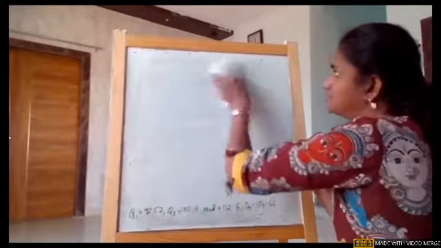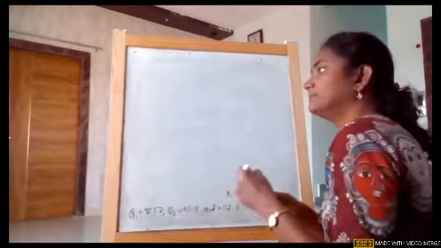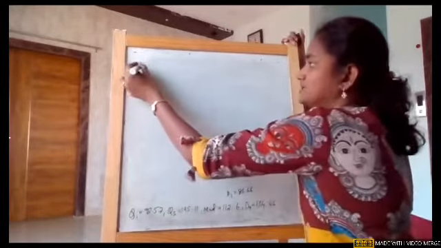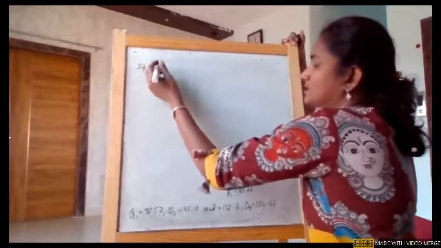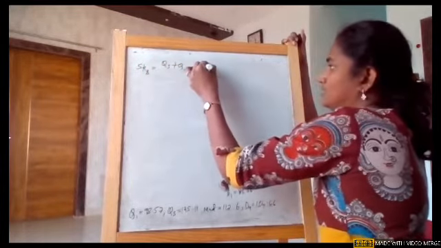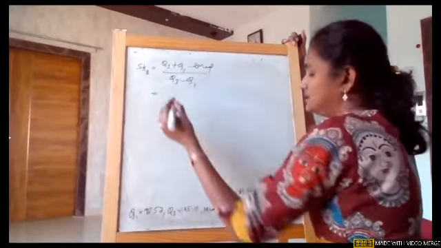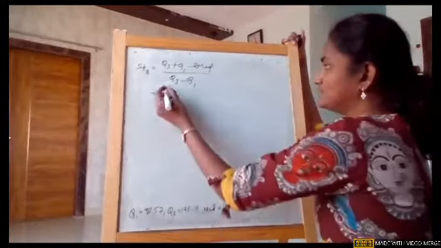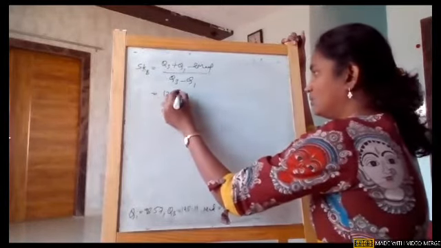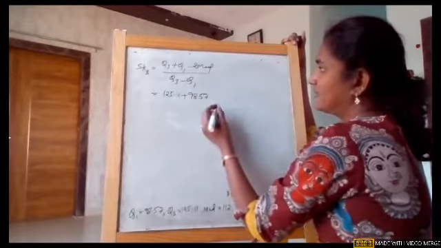Now when we substitute these values in the formula, we will get it. First we will calculate Pearson's coefficient of skewness, which is SKB, which is Q3 plus Q1 minus 2 median divided by Q3 minus Q1. When we see the formula, we have all these values here: 125.11 plus 98.57.